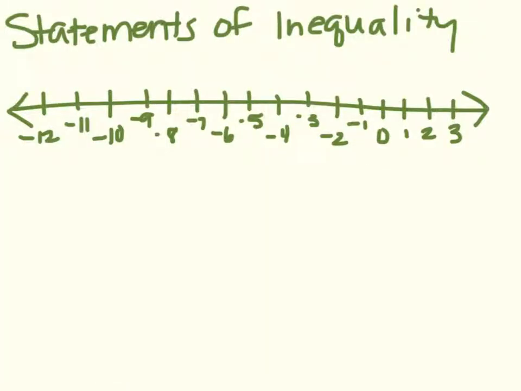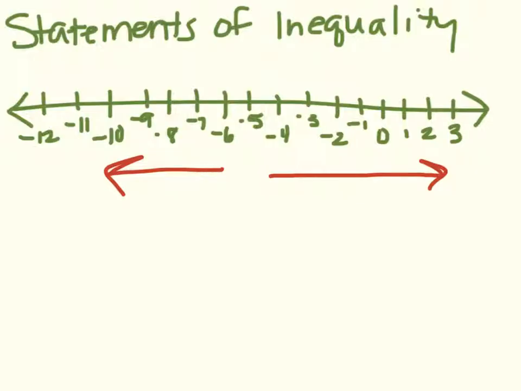Now we're going to use our number line, which includes positive and negative numbers, to write statements of inequality. Remember, whenever we're looking at a number line, numbers to the left of other numbers are of a lesser value, and numbers to the right of other numbers are of a greater value. You need to be really careful when you're comparing positive and negative numbers because the signs can get tricky. You have to think about where things are located on the number line